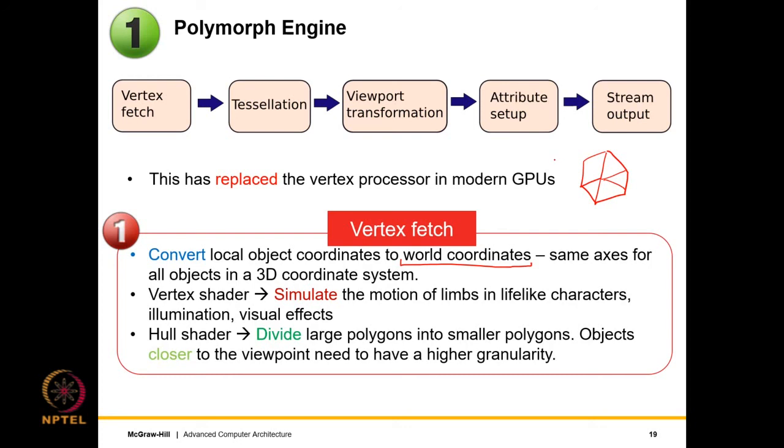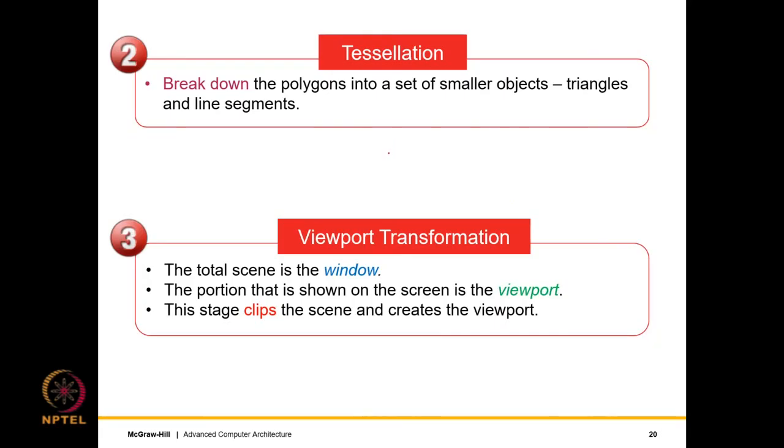This roughly corresponds to the way that we view objects. Objects that are close to our eye, we tend to see them better. So if, let's say, this is the eye, and an object that is close by, we tend to see it much better, as opposed to even a large object that is far away, where we don't see that much detail. So this is also coming in over here. Then we have tessellation. Tessellation basically means that once we have created the polygons, and once you have manipulated them to some extent,